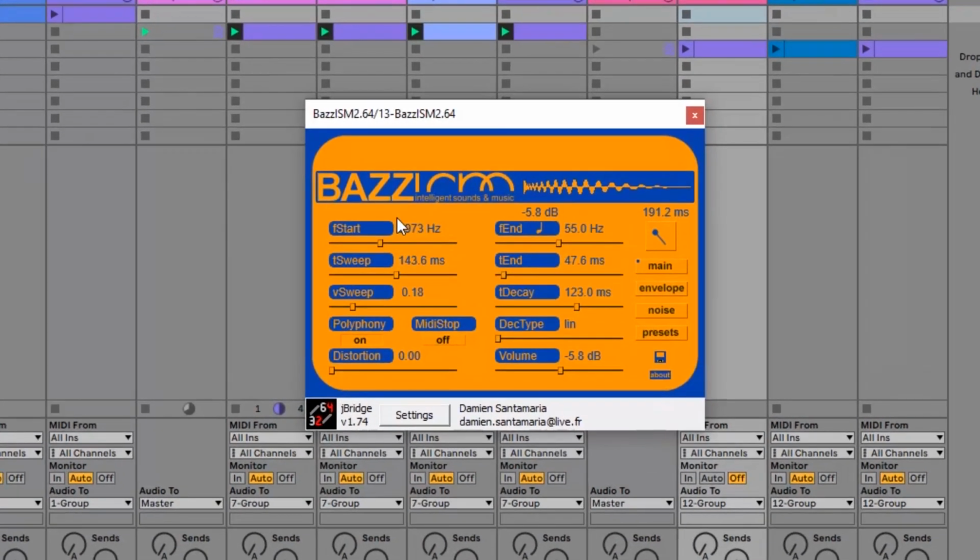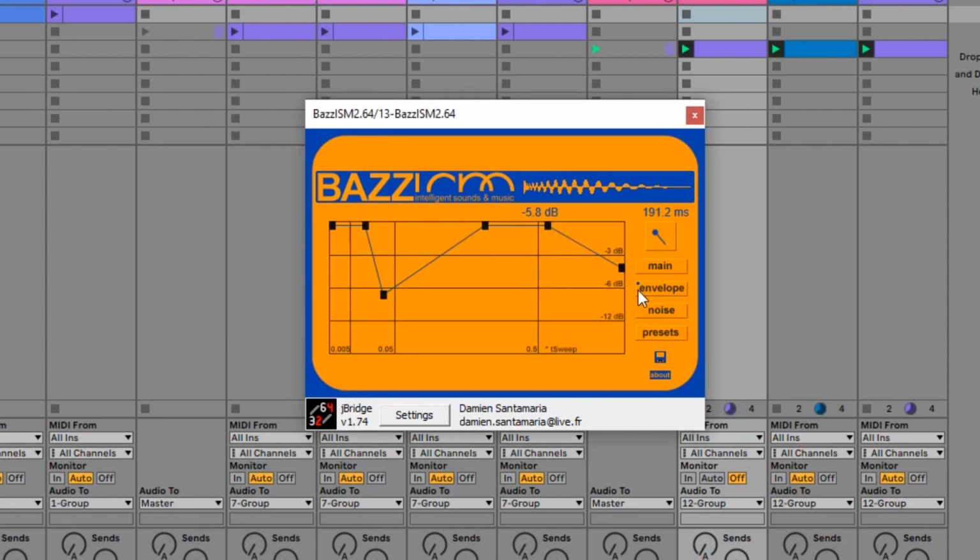So what I've done is I've messed about with the star over here. This is kind of indicating the clickiness of the kick, and the T sweep is the punch of the kick. The V sweep indicates how sharp these two will act together. So what I've done is I've kept it to my key, which is in A. I've reduced the decay so it can blend better with my bass, and I go into the envelope section and